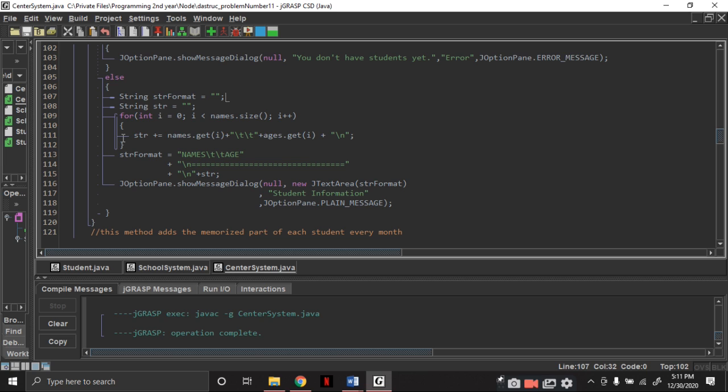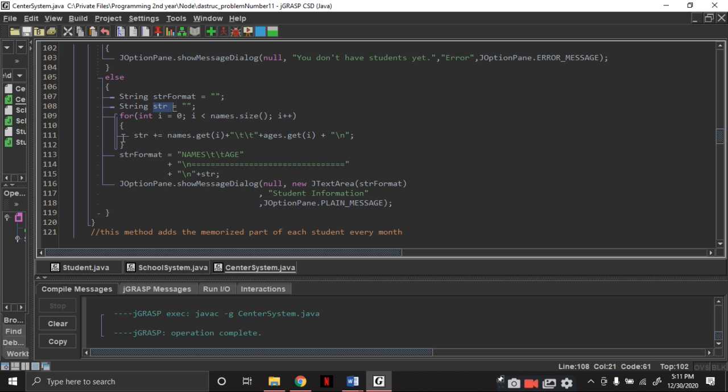Since it is really hard to convert a system.out.print into a JOptionPane, I just use a string. I just set string variables to empty strings, and then I add to the str.